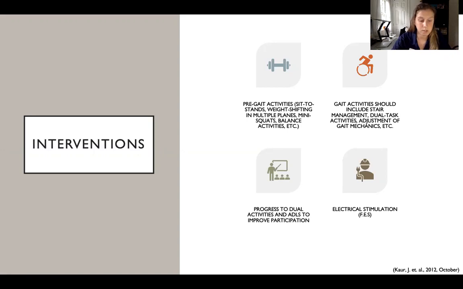This wasn't specifically used with this patient from the case scenario, but I thought it was really interesting and I wanted to add it in as an intervention that studies had used. Electromyography and functional electrical stimulation, or FES, have also been used to allow the patients to see that the affected limb can move and to provide biofeedback to restore their movement. So I just wanted to add that in because I thought that was really interesting.